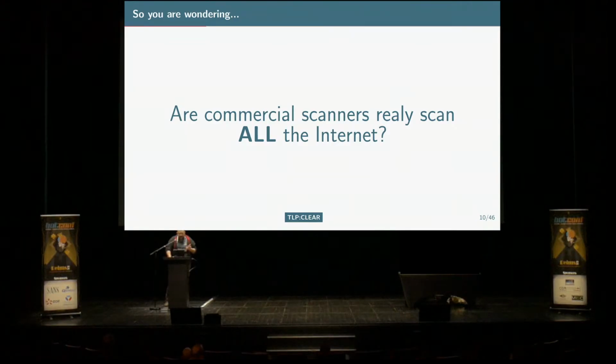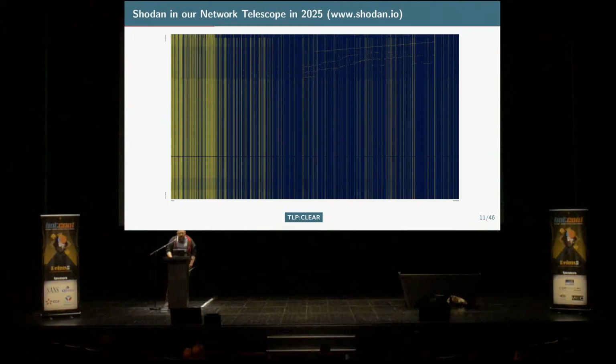So another question which is fun is, okay, but all the scanners are scanning the internet. Okay, but how? That's, for example, the one of Shodan. So you have, in TCP only, you have the same line always, and you see that tons of scan and not so frequent on some port, which completely makes sense. You have tons of ports that are never used. But that's interesting if you are looking for a CVE, whatever, or a specific port to know that, well, that's on our network telescope. Huh?